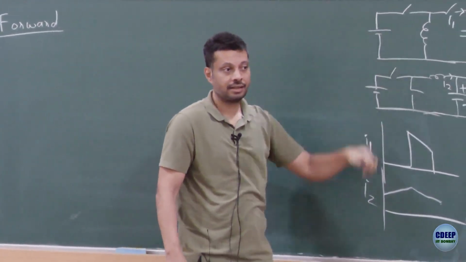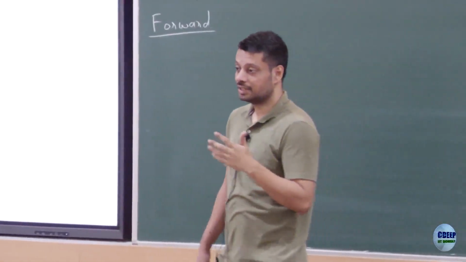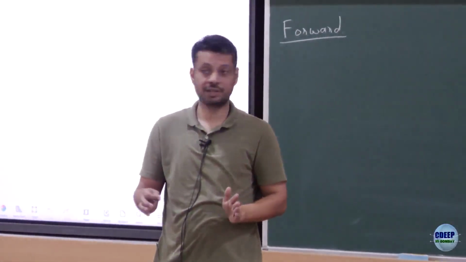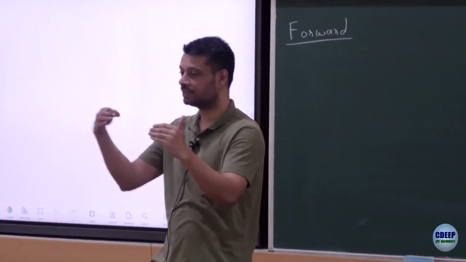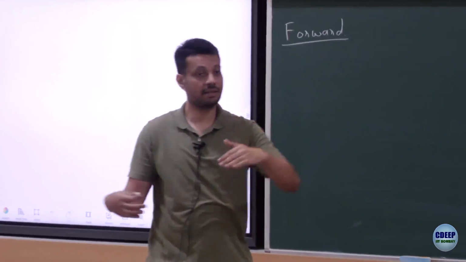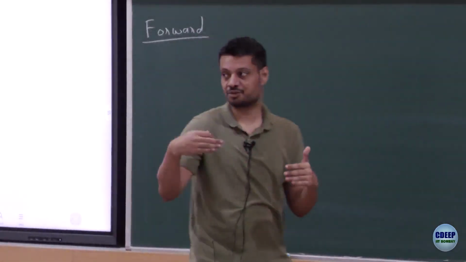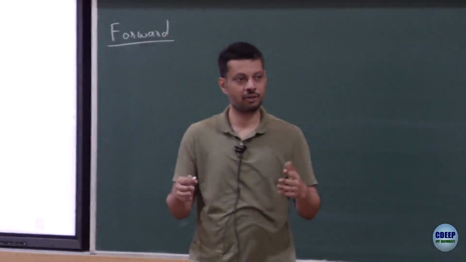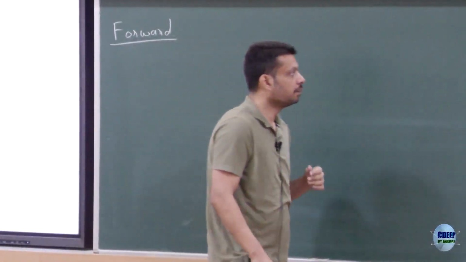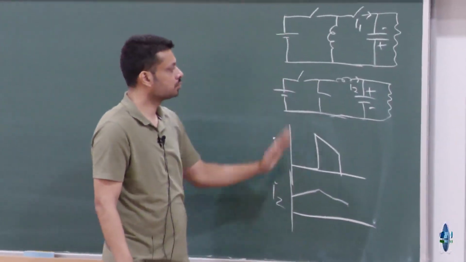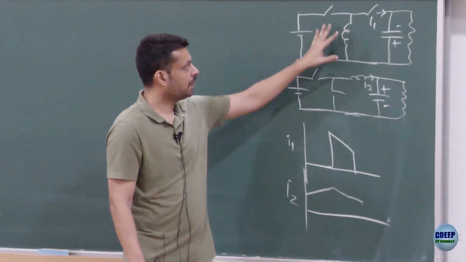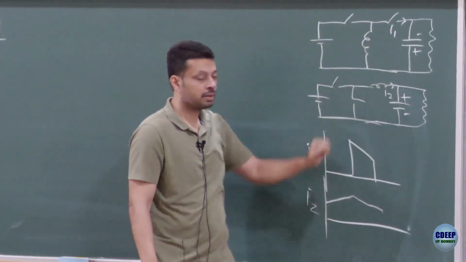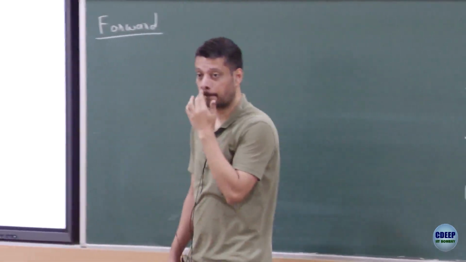Now, since we have talked about it and since this question has come, there is a family of converters where you have an inductor both at the input side as well as at the output side, and therefore both input ripple and output ripple are small. There are those kinds of converters also, a bit more complicated, but they also exist, DC-DC. We are not going to go into those topologies, but you get an essence of why we always say that this has a larger output voltage ripple as compared to a buck converter.